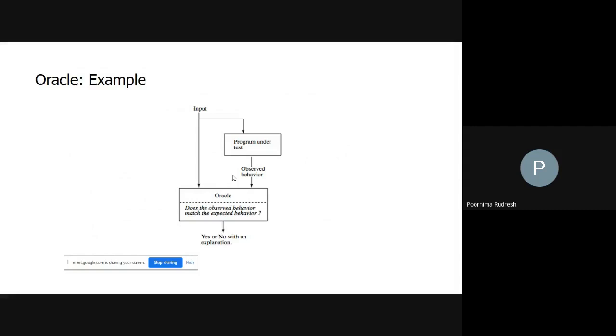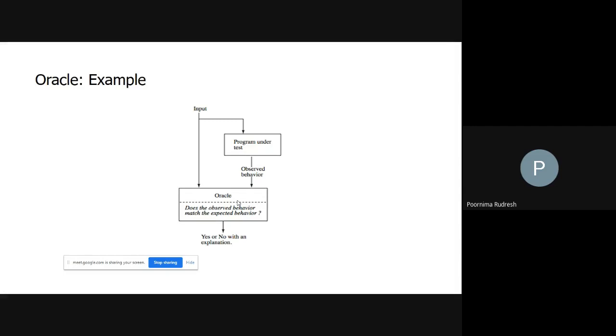How do we assess the correctness of the program behavior? It is done in two steps. In the first step the program behavior is observed, and in the second step the observed behavior is analyzed. Then checking the correctness of the observed behavior is known as the Oracle. The Oracle may be the human Oracle or the automated machine Oracle. Whenever the output is obtained, the human, here nothing but the tester, compares the expected output with the observed output and says whether it is correct or not. That is called the Oracle.